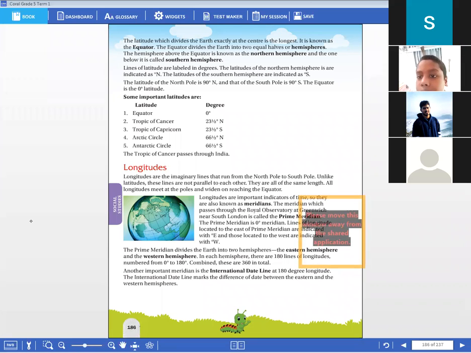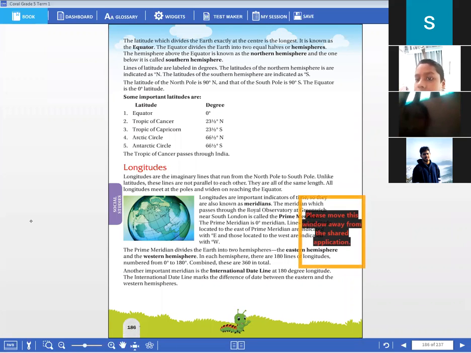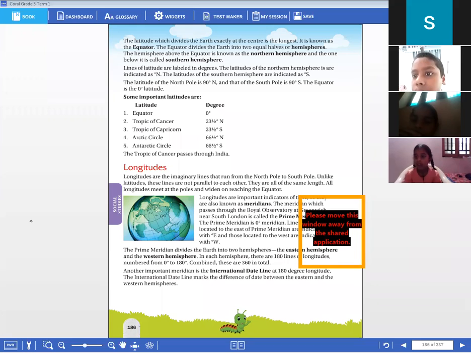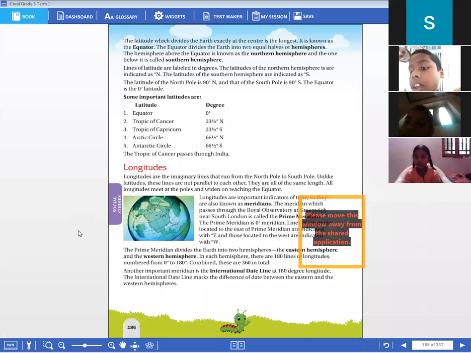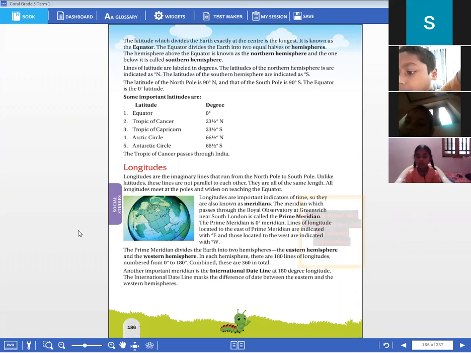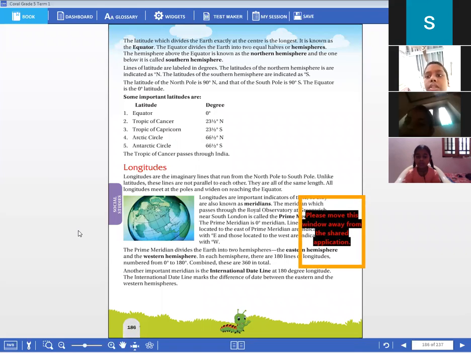Okay. We have taken a day to explain what is parallel to make you understand it. So, like that we have differences between them. Coming to latitudes, they will divide the earth into two halves with the longest latitude. What is the longest latitude, children? Latitudes are of different sizes, lengths, no? The longest latitude is known as?